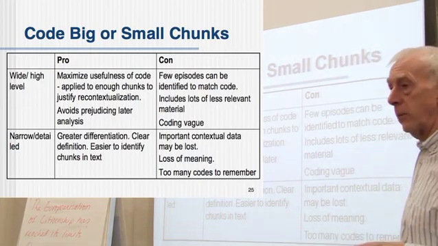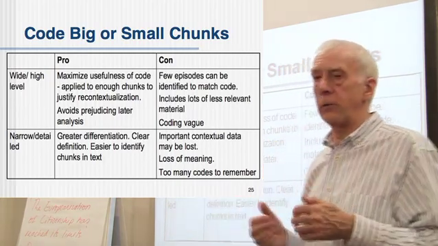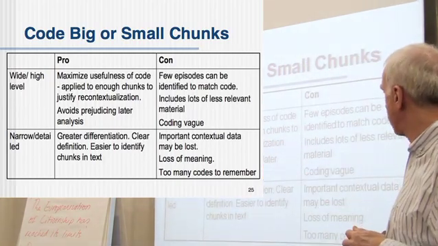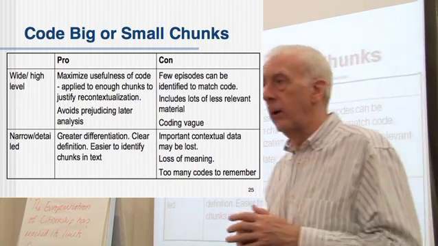And the other thing is you may end up with too many codes. You're identifying too small a section of code, you end up with lots of codes, and it's very hard to manage those. So having short text passages coded is often a recipe for a large number